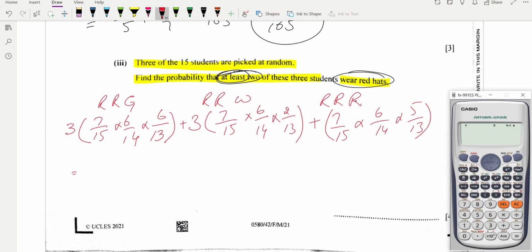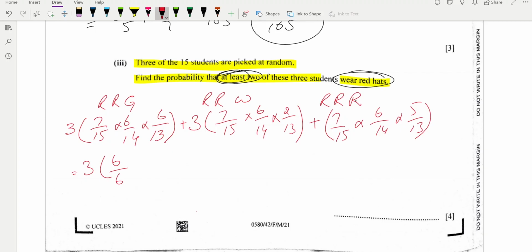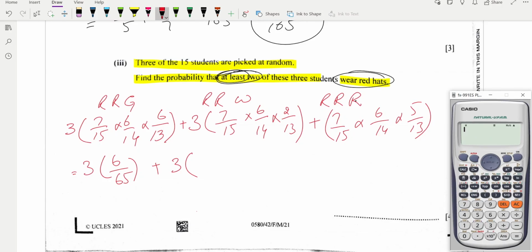For its simplification, it will be 3 into 7 over 15. So what I will do, I will solve this separately. 7 over 15 multiplied by 6 over 14 multiplied by 6 over 13, and bracket close, and this will be equal to 6 over 65. So 3 times 6 over 65, and plus this will be 3 into 7 over 15 multiplied by 6 over 14 and 2 over 13, and we are doing